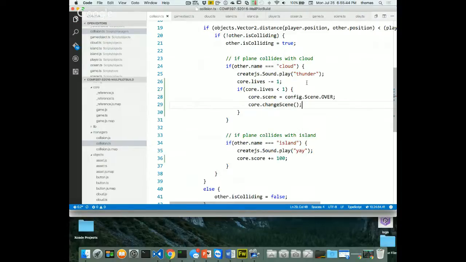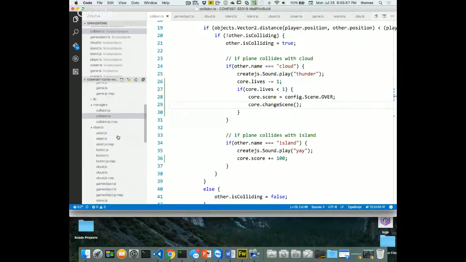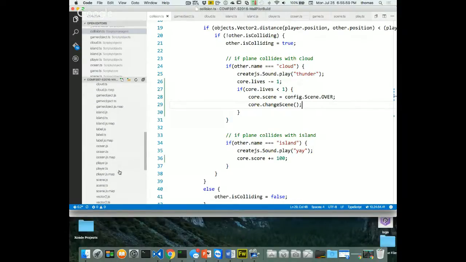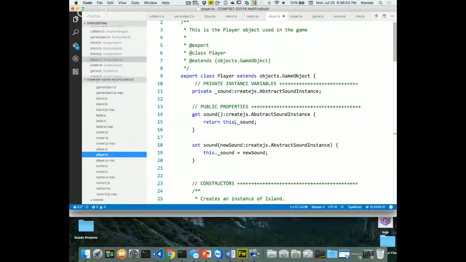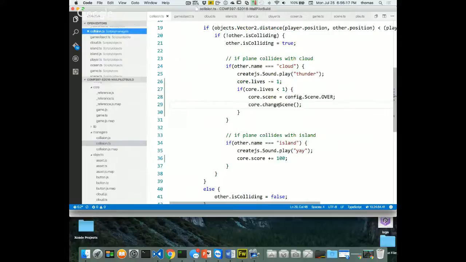But what I need to do is also turn off my player sound. This is where I have to go back to my player, because originally when I made my player, here's my player. I made my sound a property, right? That's good. So I can say player.sound.stop. So I want to do that too. So when I go back to my collision, I want to say, before I leave the scene, before I change scene, I want to say